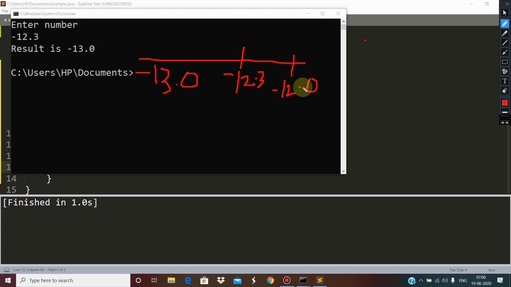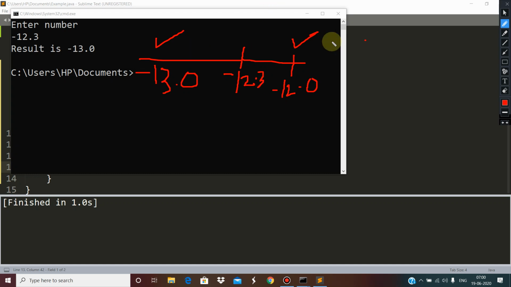So either it will shift here or it will shift here. Since math.floor returns the smaller base, which is minus 13.0 only, because it cannot be converted to minus 12.0, because minus 12.0 is a larger value than minus 12.3. So the smaller base is minus 13.0, that's why the answer is minus 13.0 in this case.